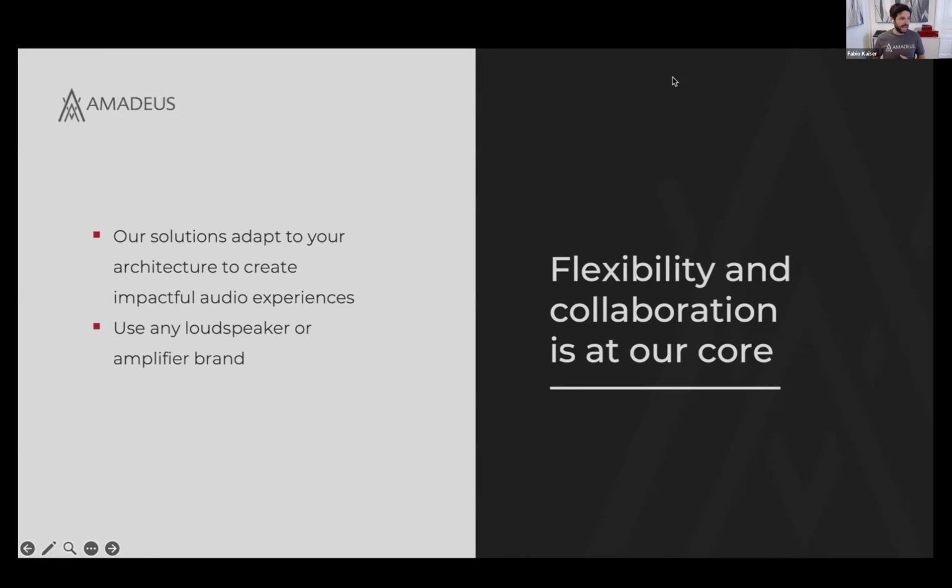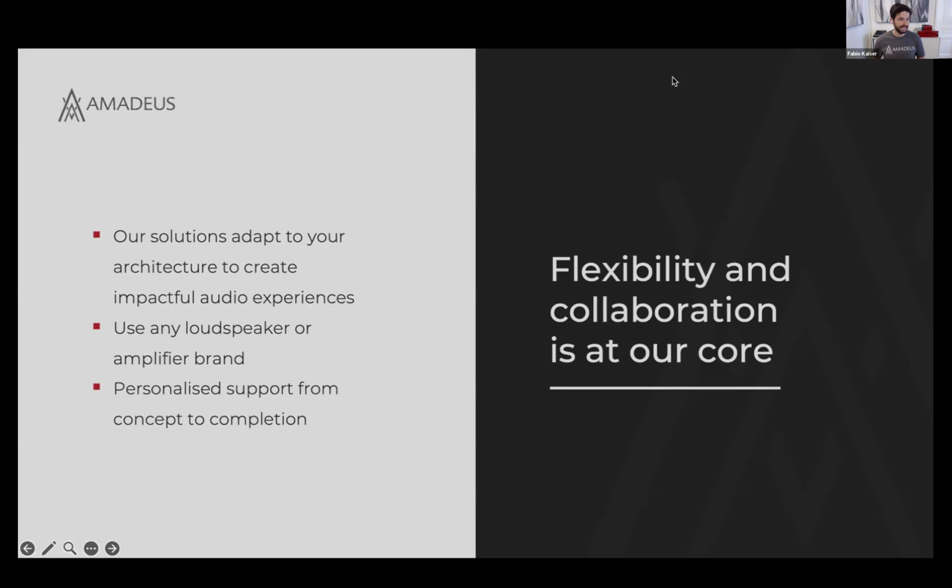Then we can work with any loudspeaker or amplifier brands, also microphone brands. So we call this brand agnostic. We focus on the tools. We focus on the active acoustic, the immersive sound, the voice lift solutions and tools. We are not about selling loudspeakers. We are simply about being flexible to create the perfect and optimal solution for any space within timeframes, within architectural requirements. And of course, we are more flexible when it comes to budgets to find the right solutions for the